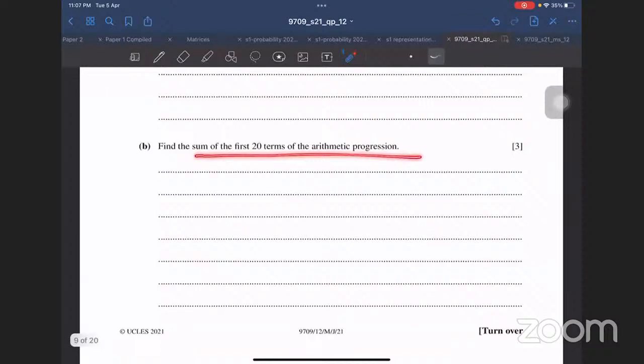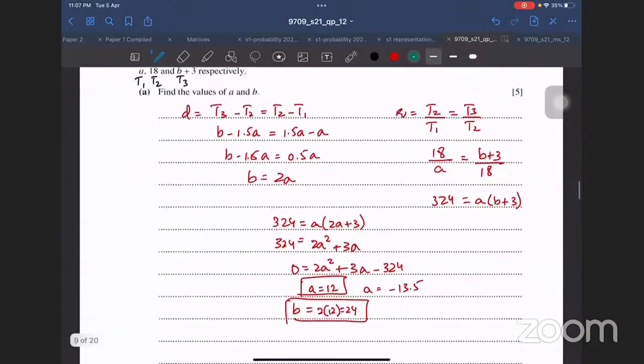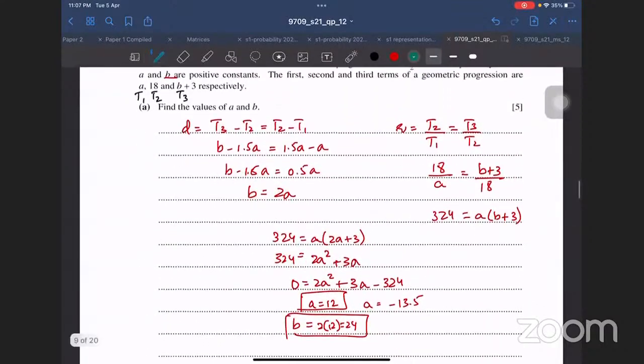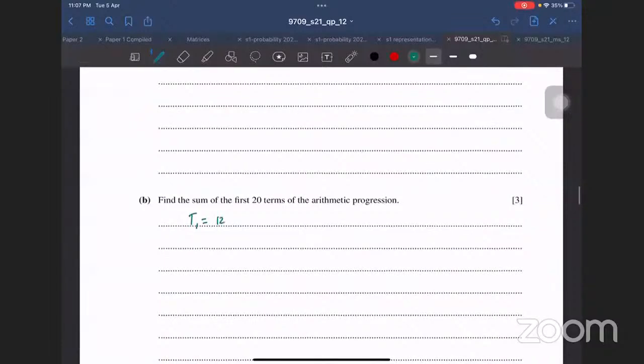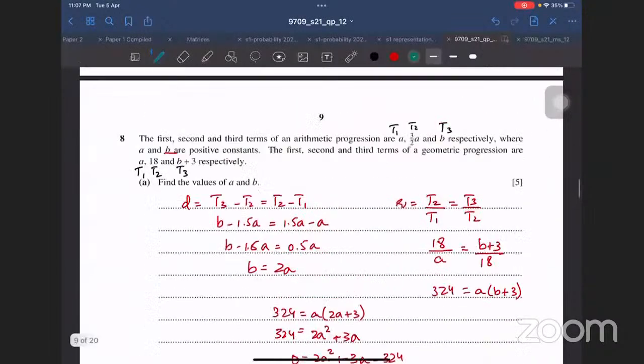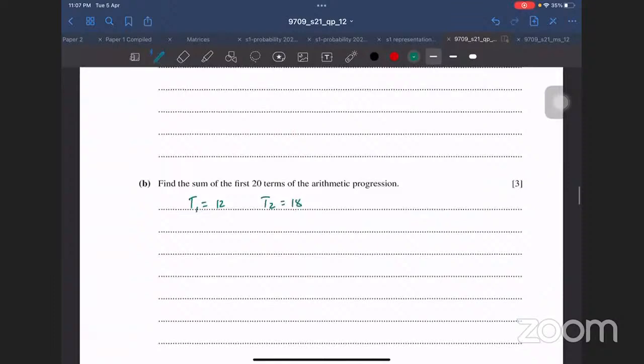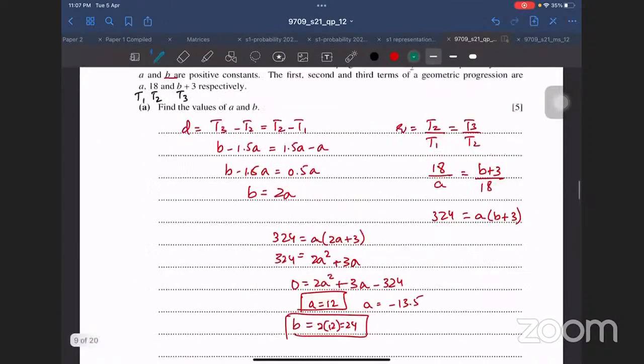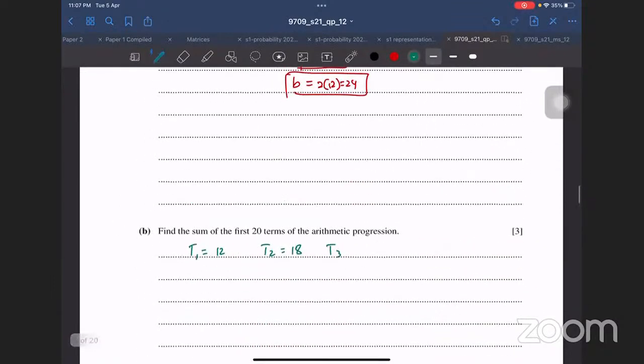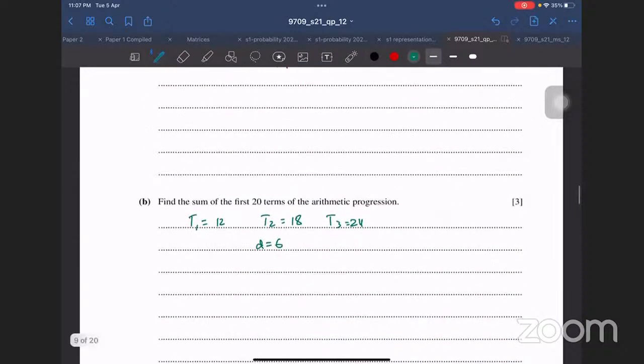Okay, then it says find the first 20 terms of the arithmetic progression. So first let me write my arithmetic progression. What I have is a as 12, term 2 as 1.5 into 12 which is 18, and term 3 as b which is 24. So d is 6. Sum of 20 terms, so n over 2